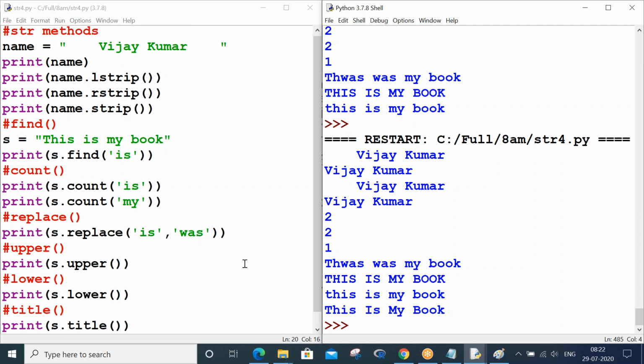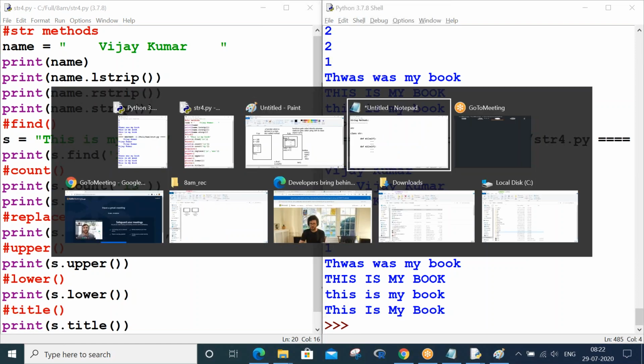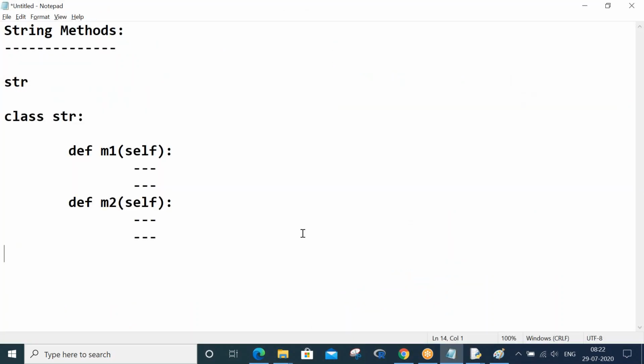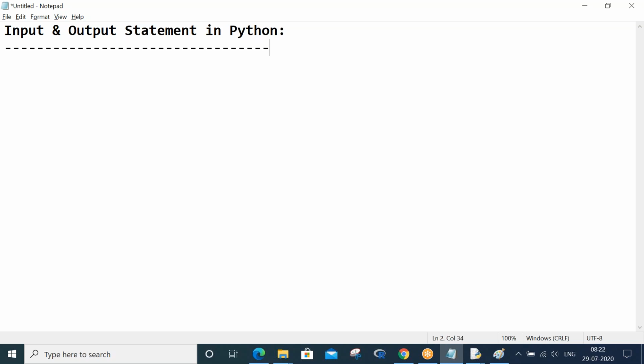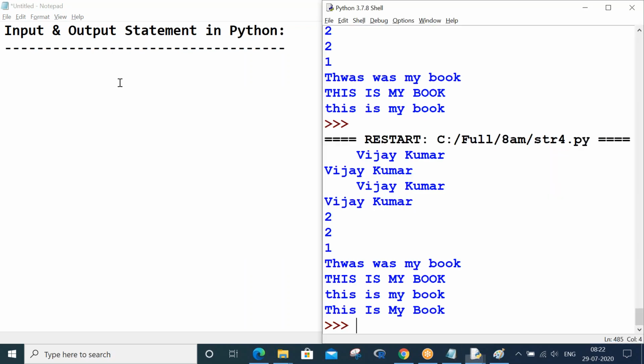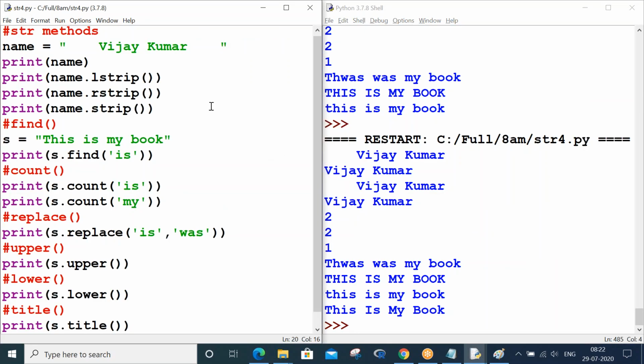Now let's go ahead and see another new concept. The fresh concept for today is input and output statements in Python. Somebody was asking for the program.